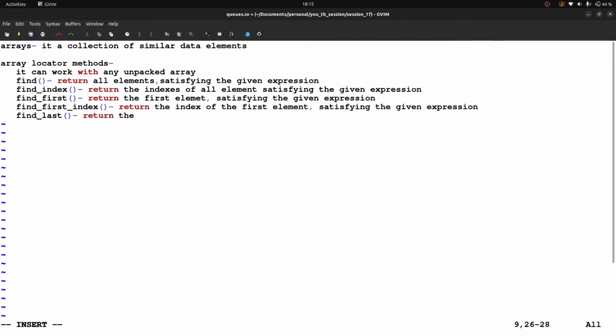It returns the last element satisfying the given expression. Next one is find last index.